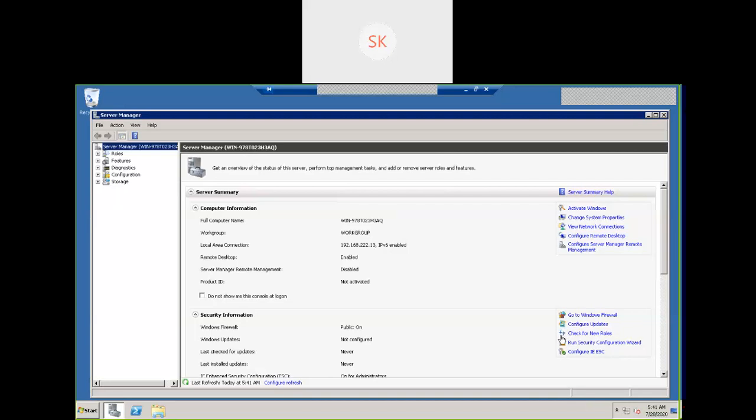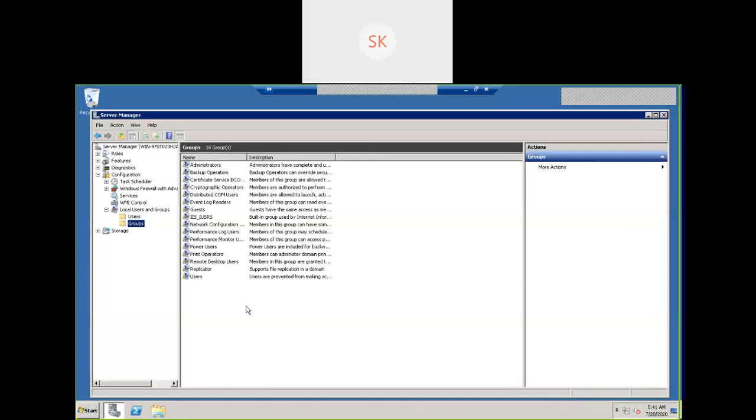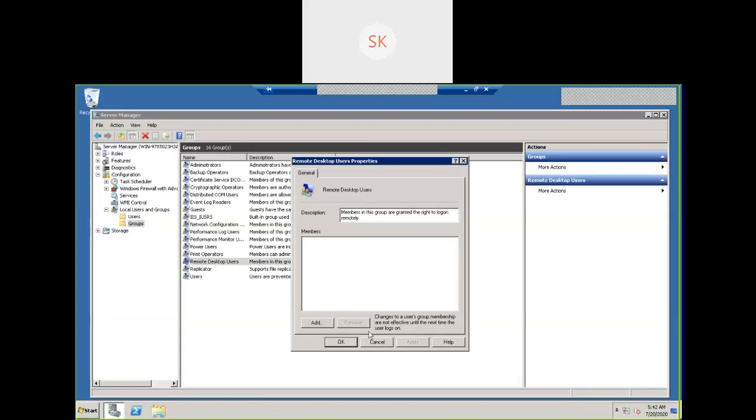Let's see whether I am able to add domain users to this particular system or not. Go to configuration, users and groups, groups. Select any group, properties. Try to add.